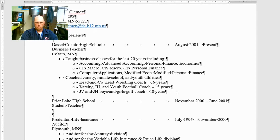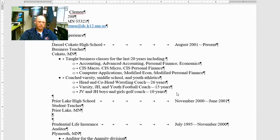Student teacher. Or where was it? Prior Lake, Minnesota. Again, consistency. So I got who was it, when was it, job title, where. Okay, space in between. Who was it, when was it, job title, boom. So bullet point,